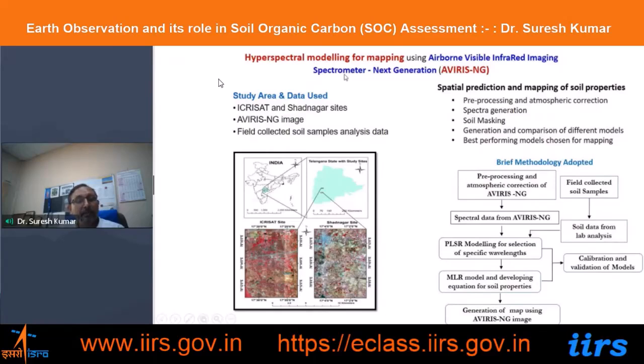It means that in the coming years, with next generation satellites, we are going to have this. We used an American sensor, the Airborne Visible Infrared Imaging Spectrometer, known as AVIRIS-NG, and this is a high spatial resolution hyperspectral